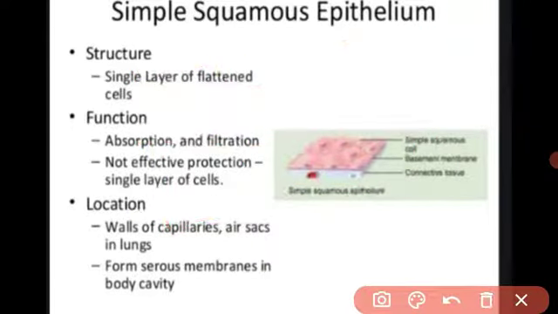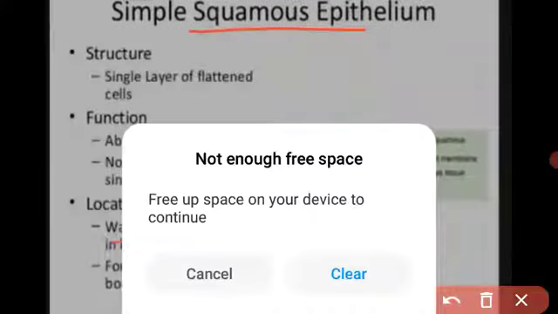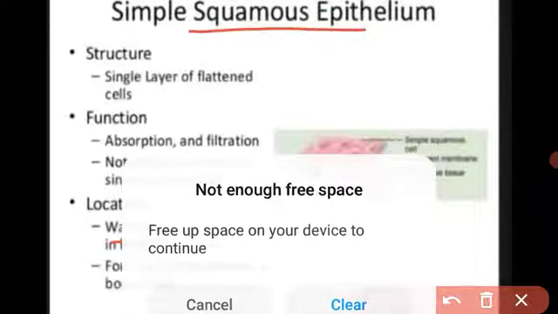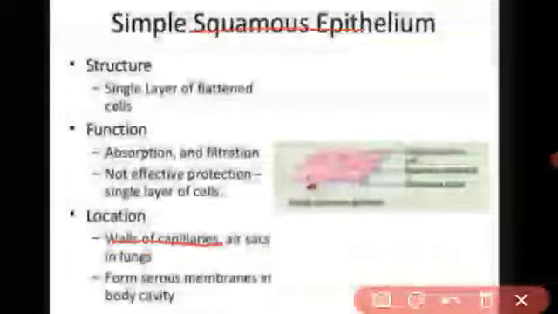It is present on the wall of capillaries, means blood capillaries, which carry the blood in our body. Inner means the squamous epithelial tissue. Look, in our body there are capillaries. Arteries, veins, capillaries are the kinds of blood vessels. Capillaries are very small blood vessels, made from a single layer.